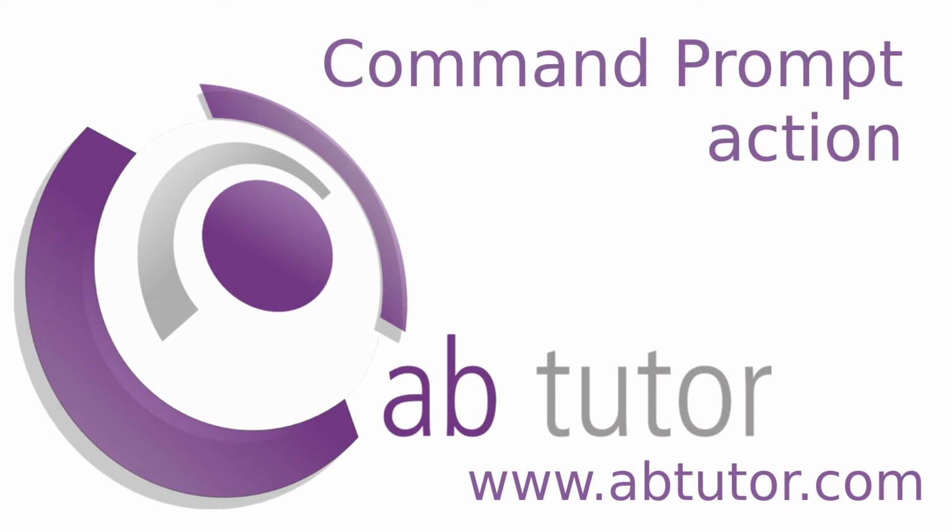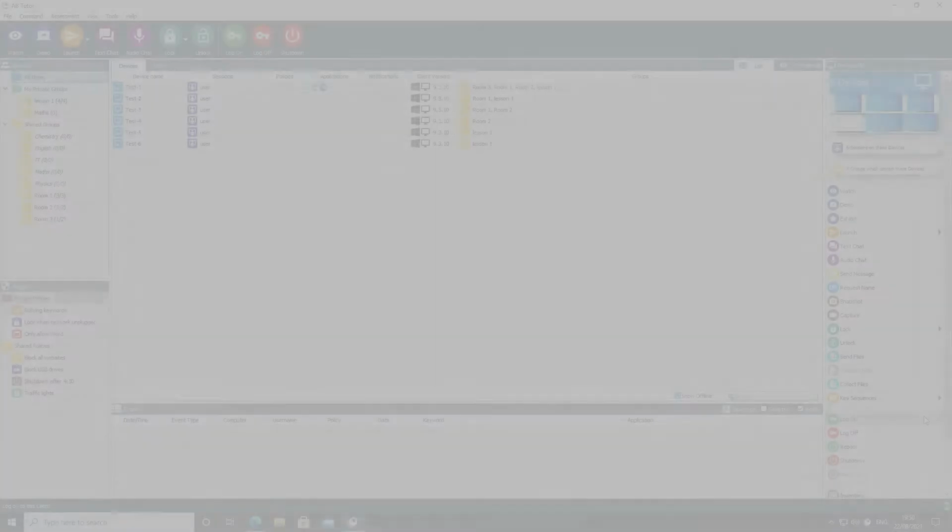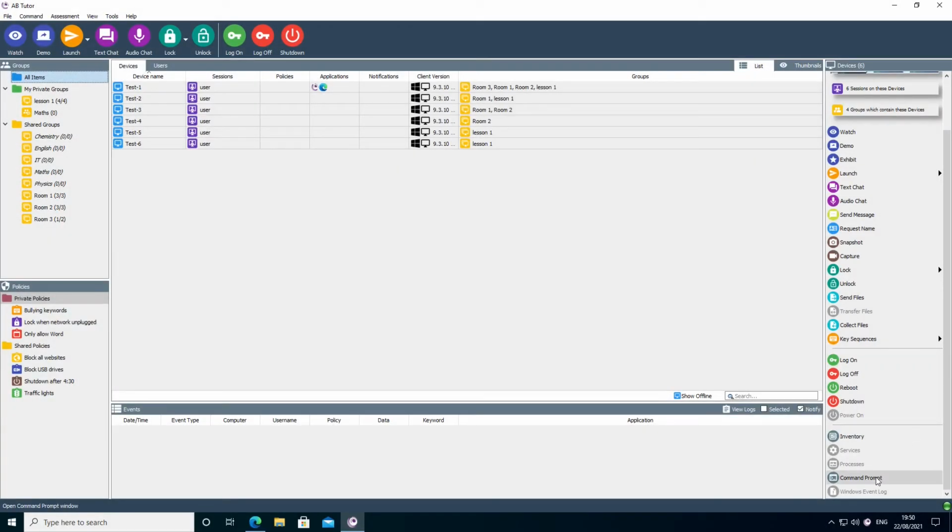Today I'm going to finish off the tour of the Actions panel by talking about the command prompt action. This is another administrator only action, so it's not available to normal console users. The command prompt is similar to the launch action in that it allows you to run things on the client